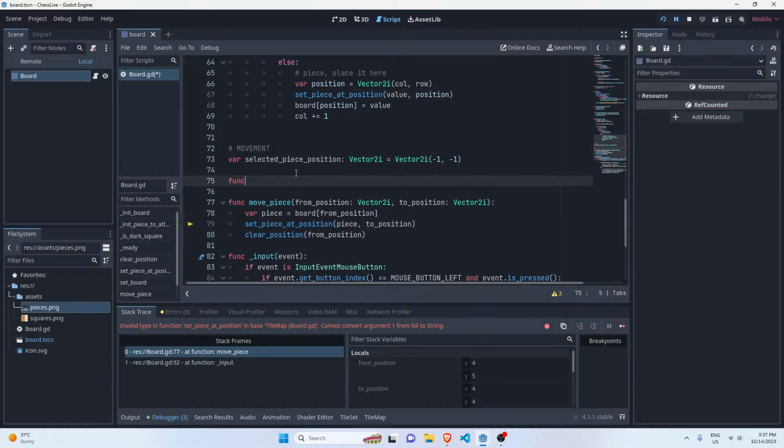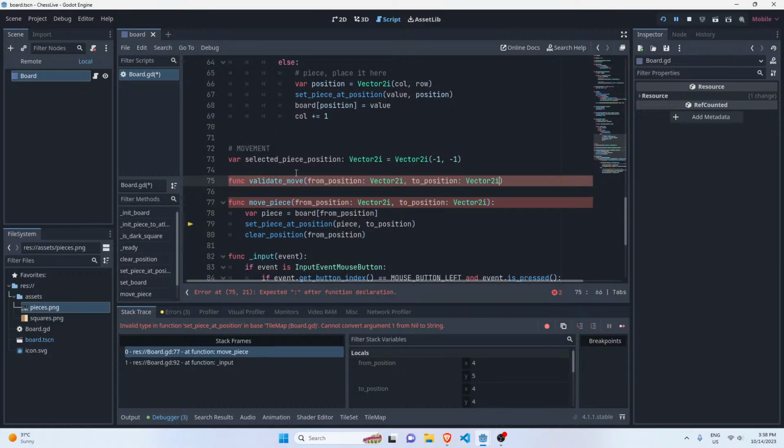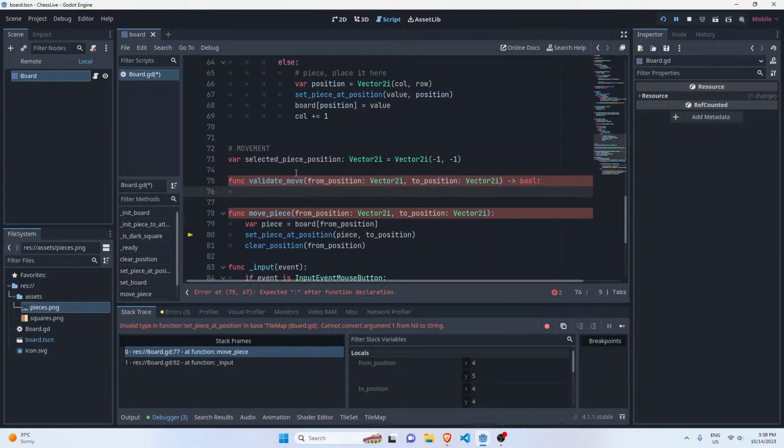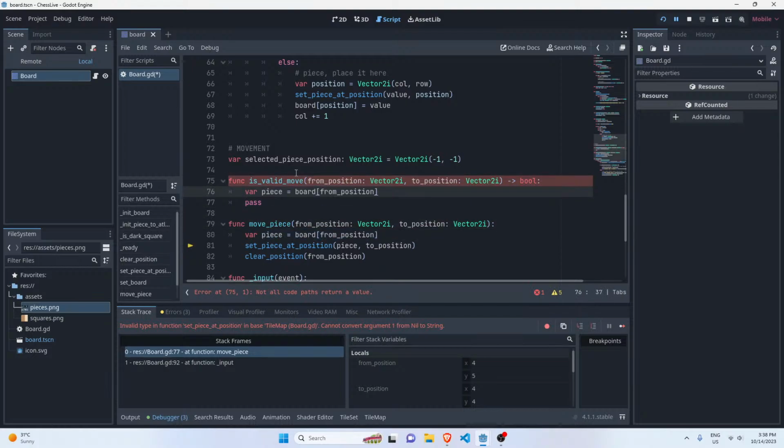I'm going to say validate. This is also going to take a from and to, and let's make it return a boolean. It's going to return true if it's a valid move, or false if it's an invalid move. So this is going to be kind of a tricky function to implement. So again, let's take the piece which is there at that position,